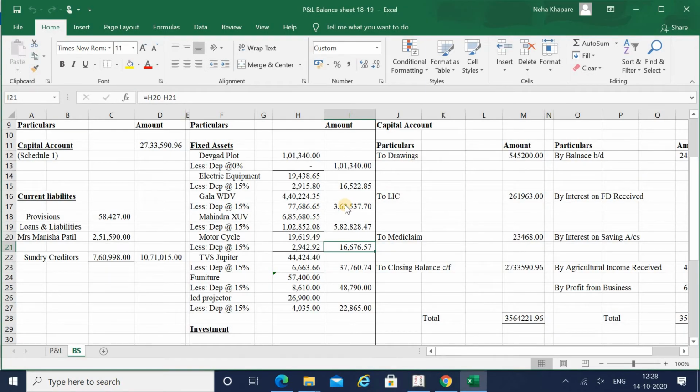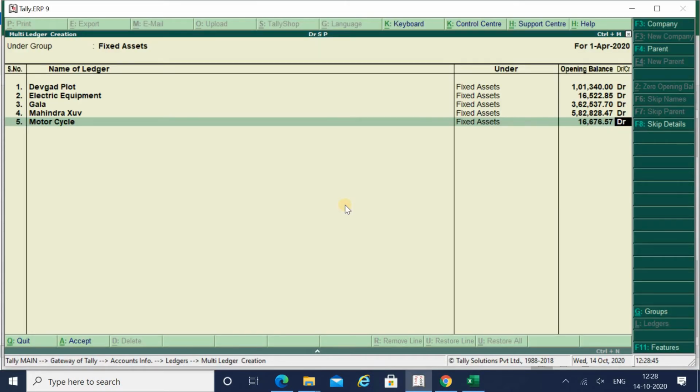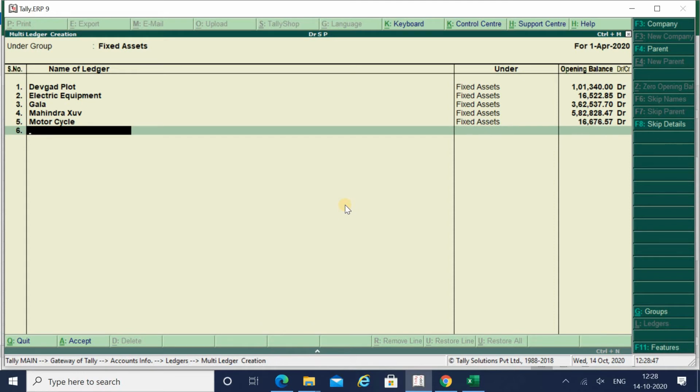First of all, I would like to tell what we mean by fixed asset. A fixed asset is nothing but a purchase you made with the intention of using that particular asset for more than one year. If you buy and sell it, that will form your purchase and sale, because it is your business of buying and selling. But the things which you are not buying and selling on a regular basis, and are buying with the intention of using for more than a year, will form your fixed asset.